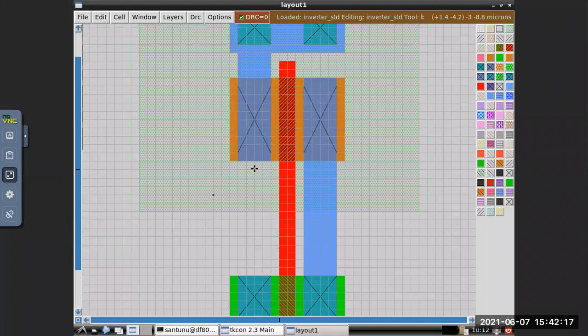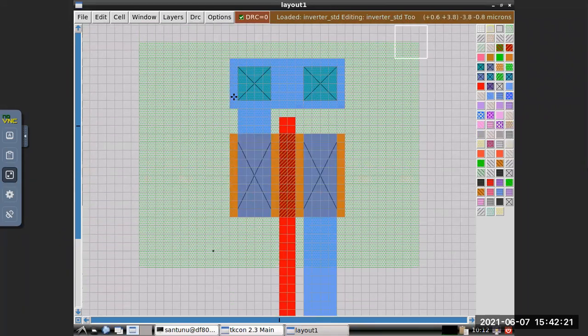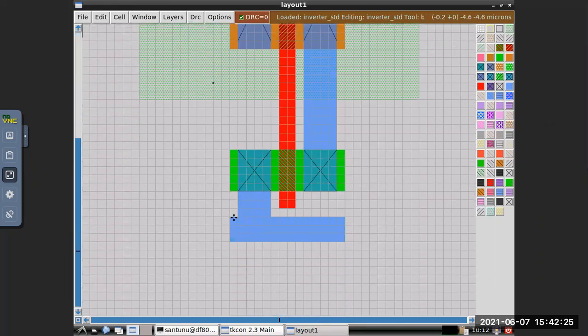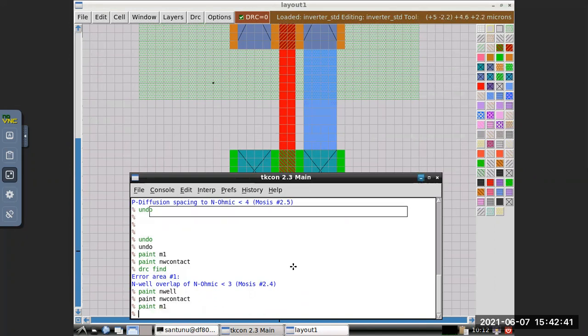So what you will do? So this is 1, 2, 3, 4, 5, 6. So first make it 6. It's now 3. Make it 6. So paint M1. Okay.